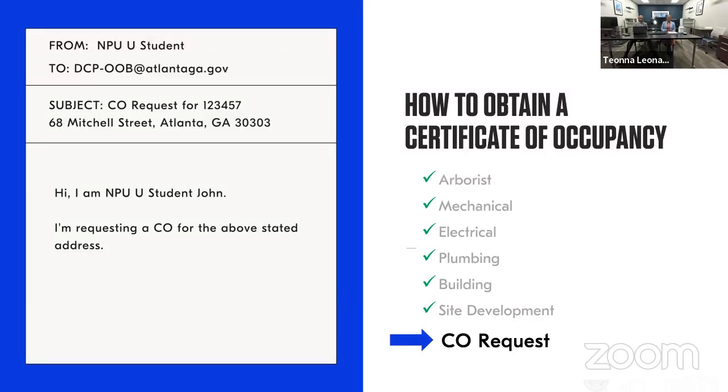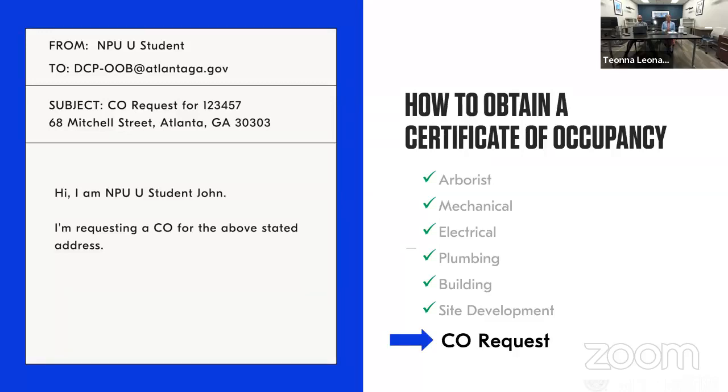So that means, God forbid, you're closing tomorrow, you've got 3 inspections that have to happen, and you're not going to get those inspections tomorrow. So you're not going to have a CO for the closing, which means the closing is going to get pushed out, and we all know what that looks like. So just make sure that you stay in sequence with the inspections. Make sure that all of the inspections have been conducted before requesting the issuance of a CO.